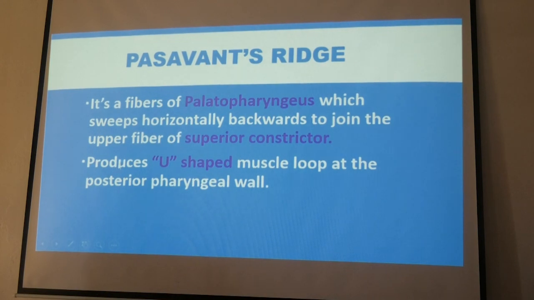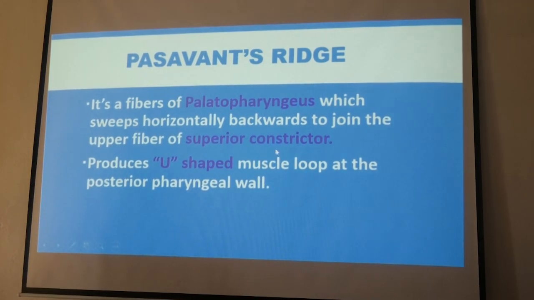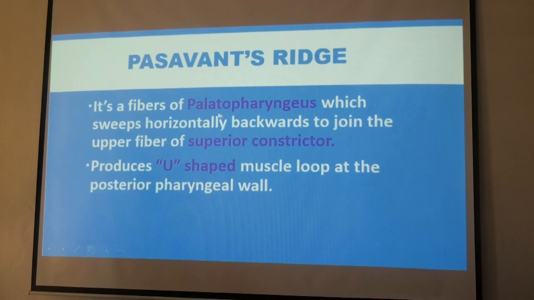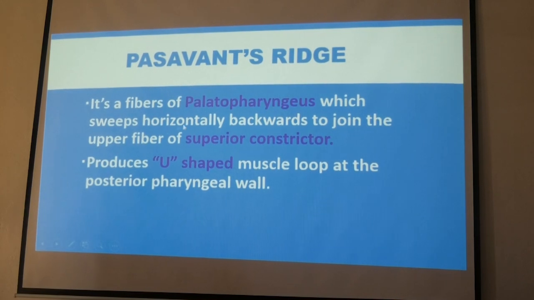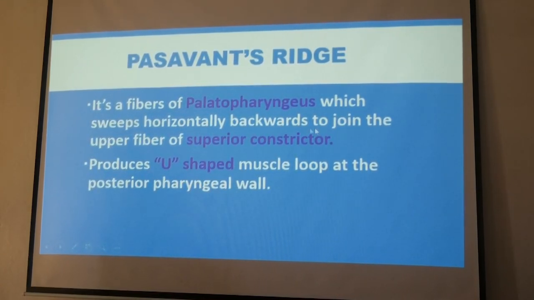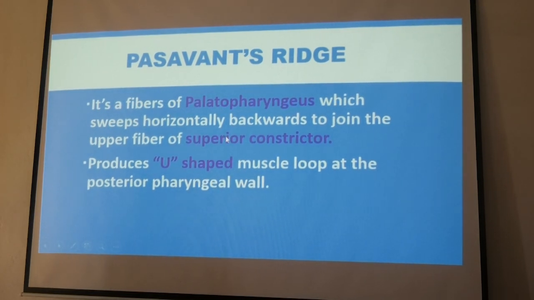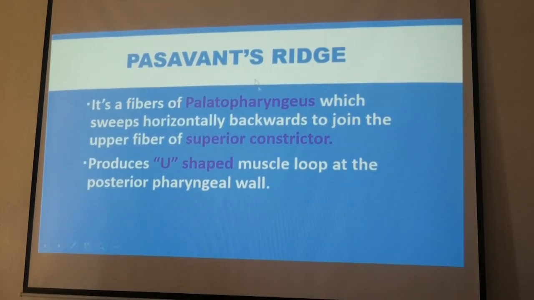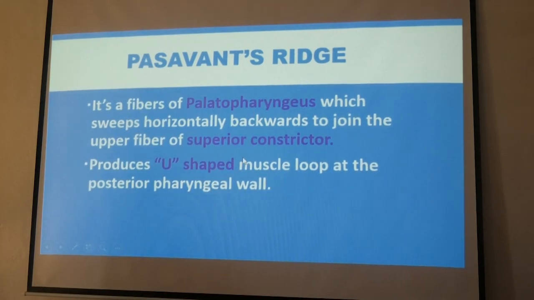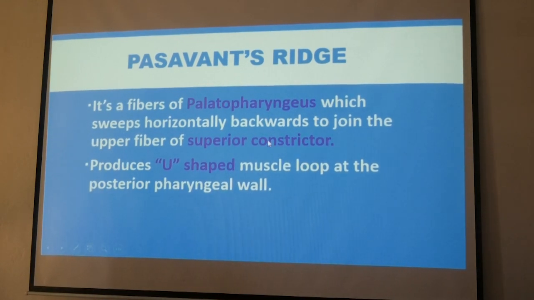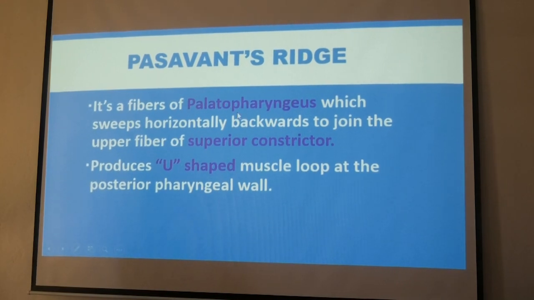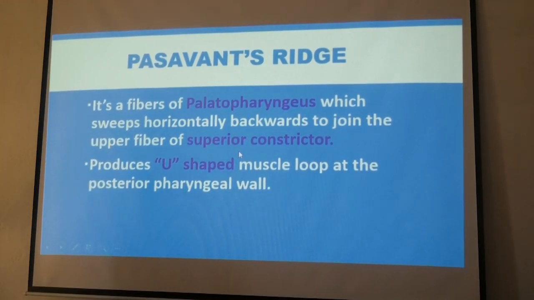Now, what is the definition of Passavant ridge? It's the fibers of palatopharyngeus, a muscle part. Okay, it sweeps horizontally backwards to join the upper fibers of the superior constrictor. So this Passavant ridge is formed by two muscles. একটা হচ্ছে palatopharyngeus আর একটা হচ্ছে superior constrictor. Okay, and it produces a U-shaped muscle loop at the posterior pharyngeal wall. Just now we have seen. Okay, দুটো মাসল মনে রাখবে, palatopharyngeus আর superior constrictor।